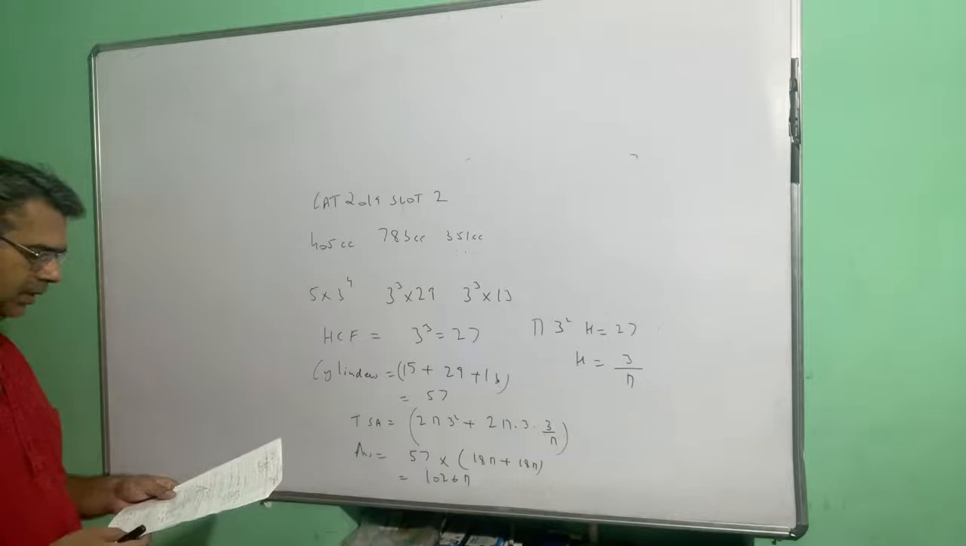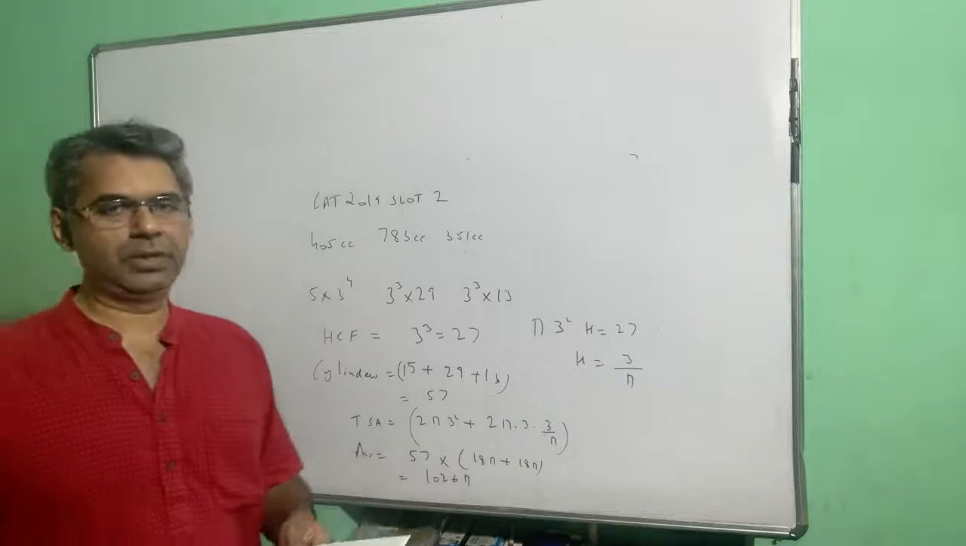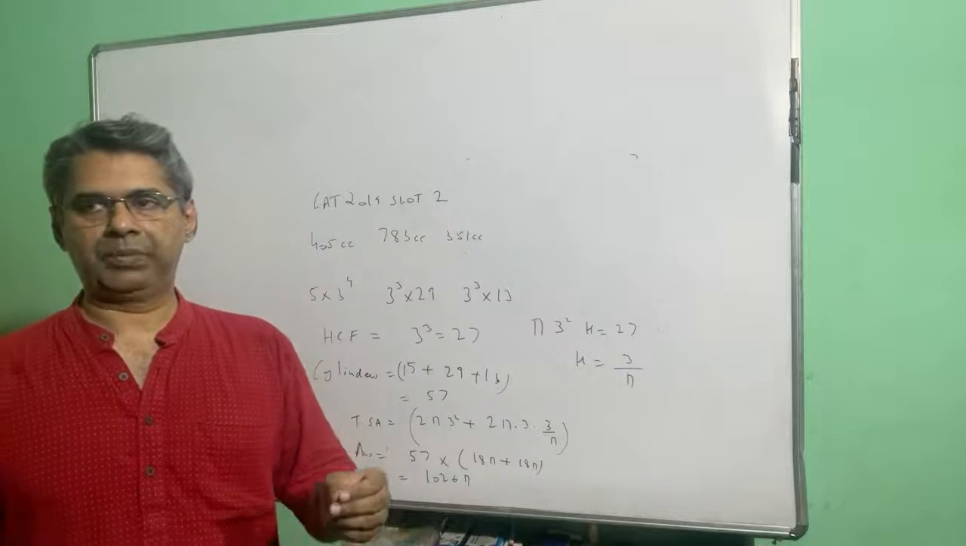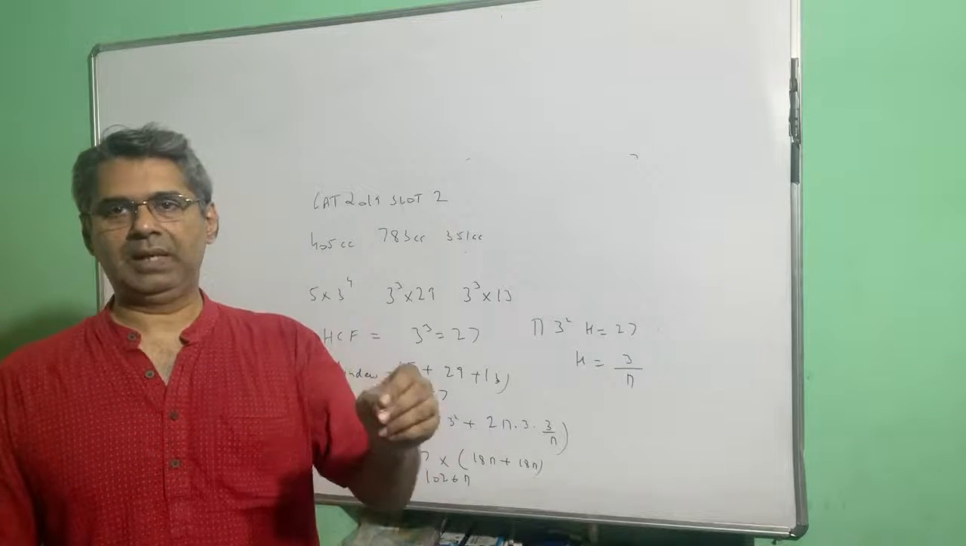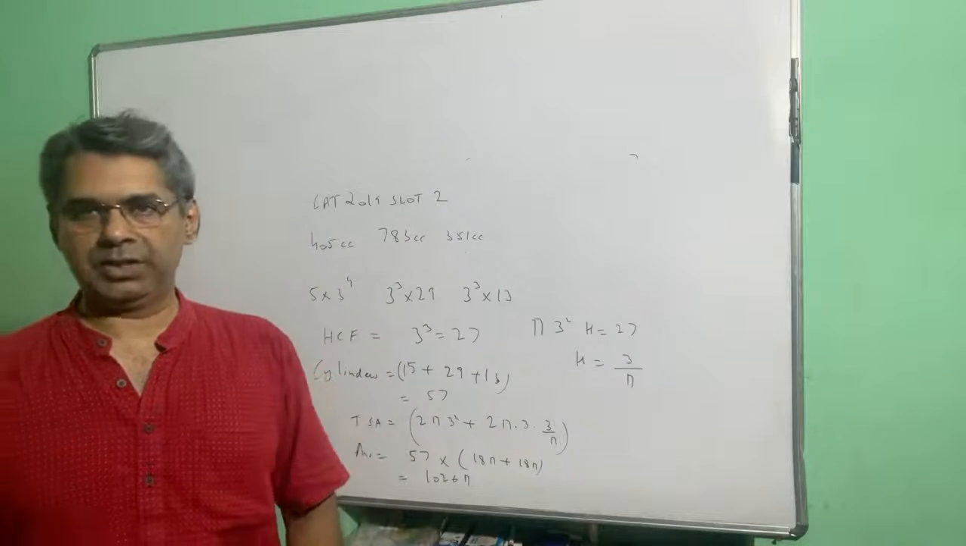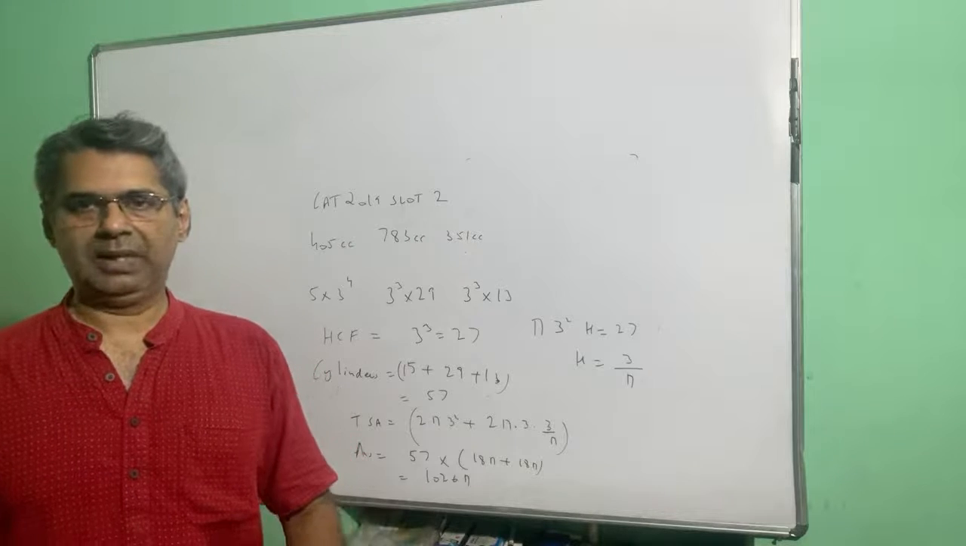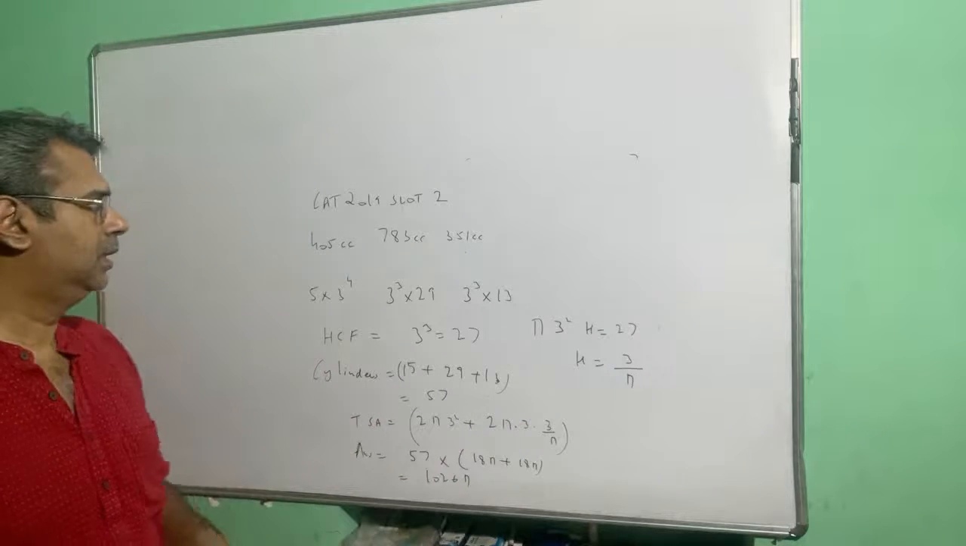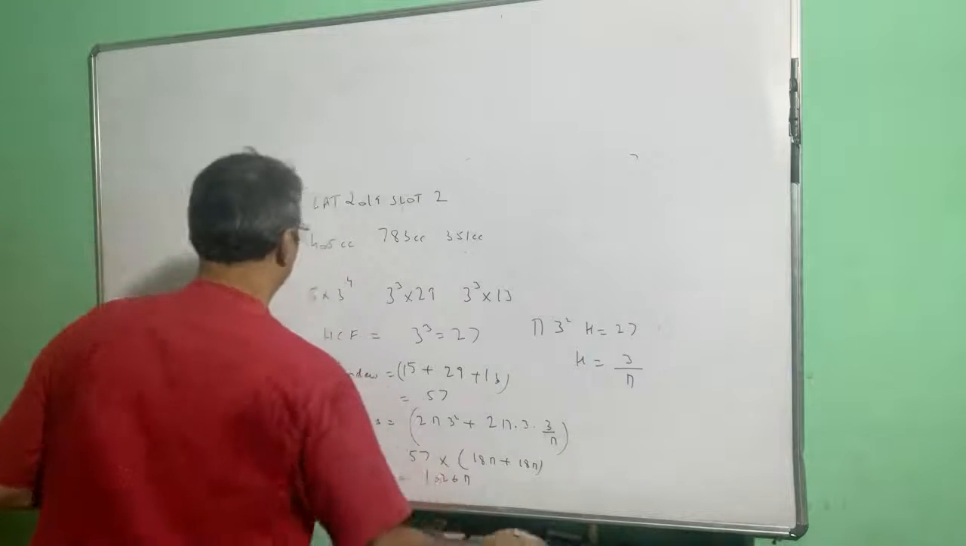So this is an example of the kind of question where you have to take the HCF of certain volumes to get the maximum volume of identical shaped objects. Like here you have to get identical shaped cylinders, right? Okay, then